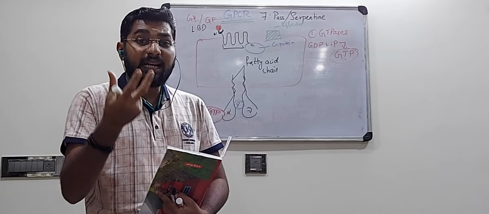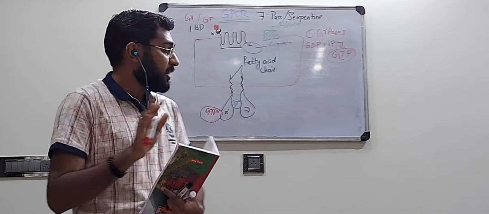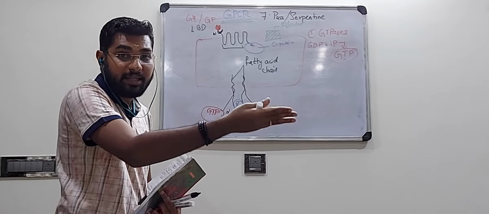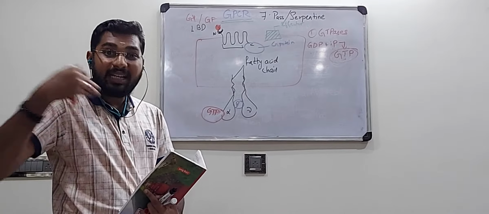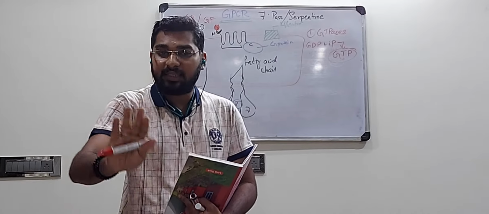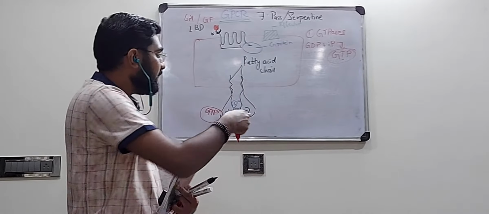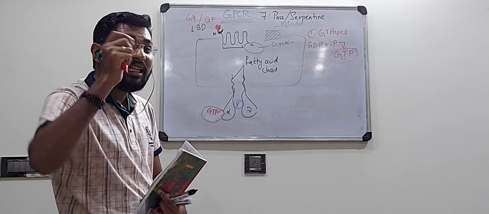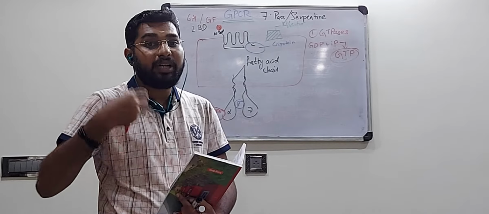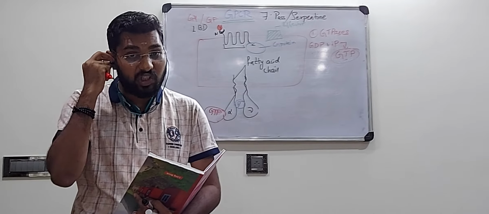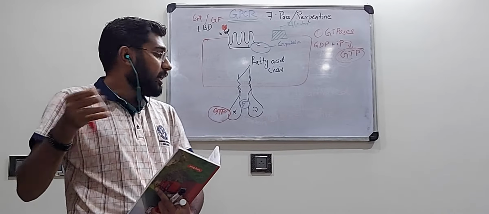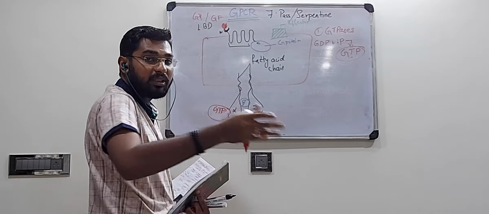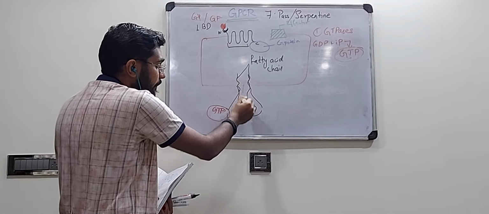Now since it is activated, it cannot sit in its own place. This alpha subunit, as soon as GTP is formed, separates from this trimer and comes off. As long as it is in relationship with GDP, they will be stable. There won't be any conformational changes. Once the GTP has formed, it activates, there is a conformational change, and it separates. It's like a new family comes and a divorce happens between them.